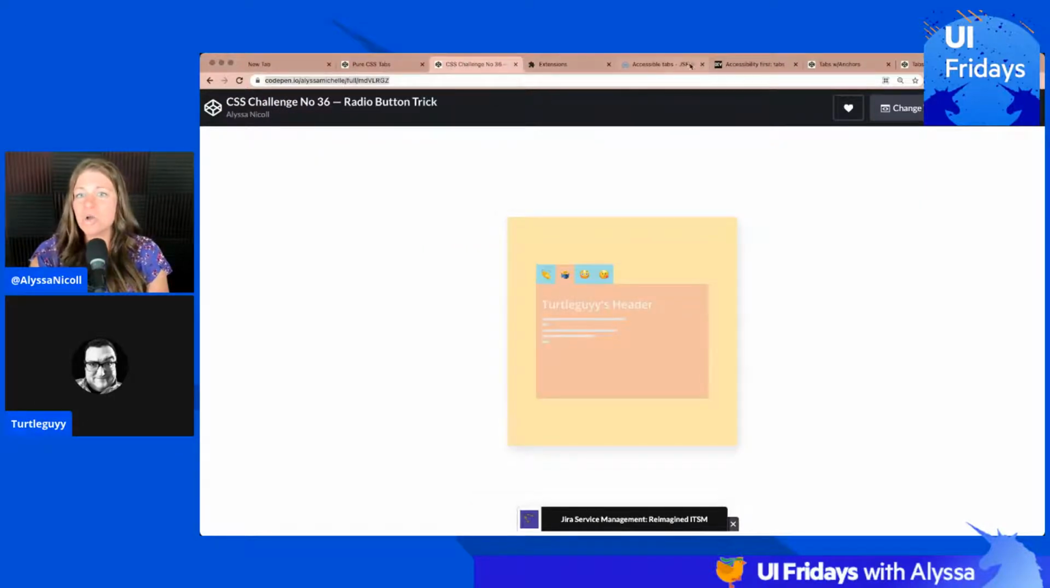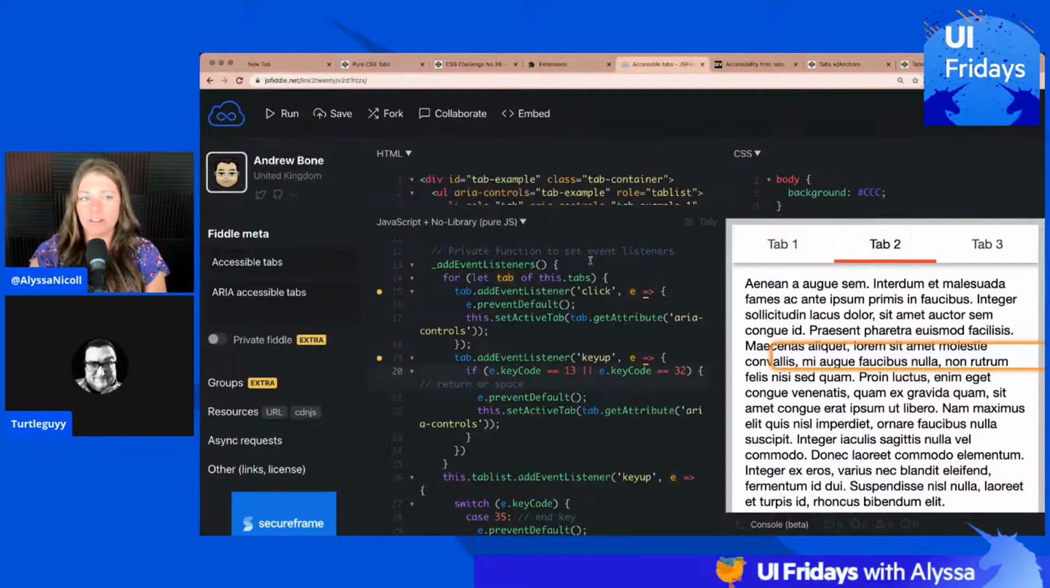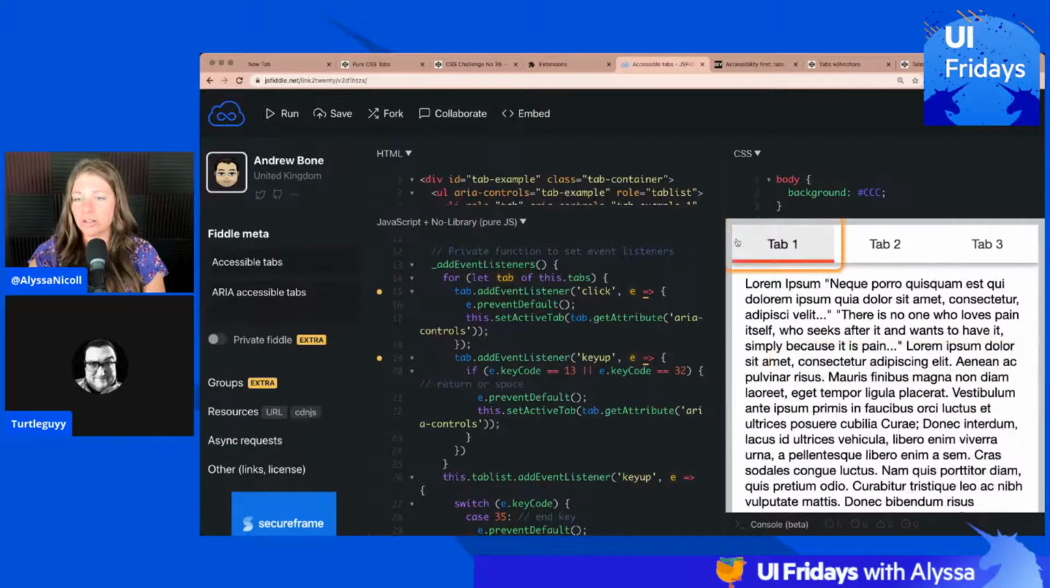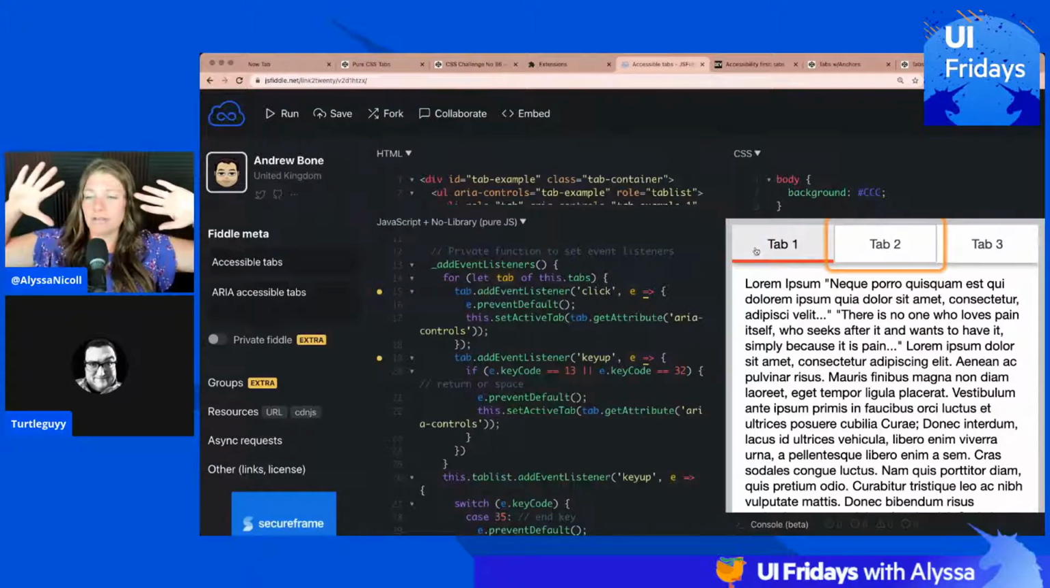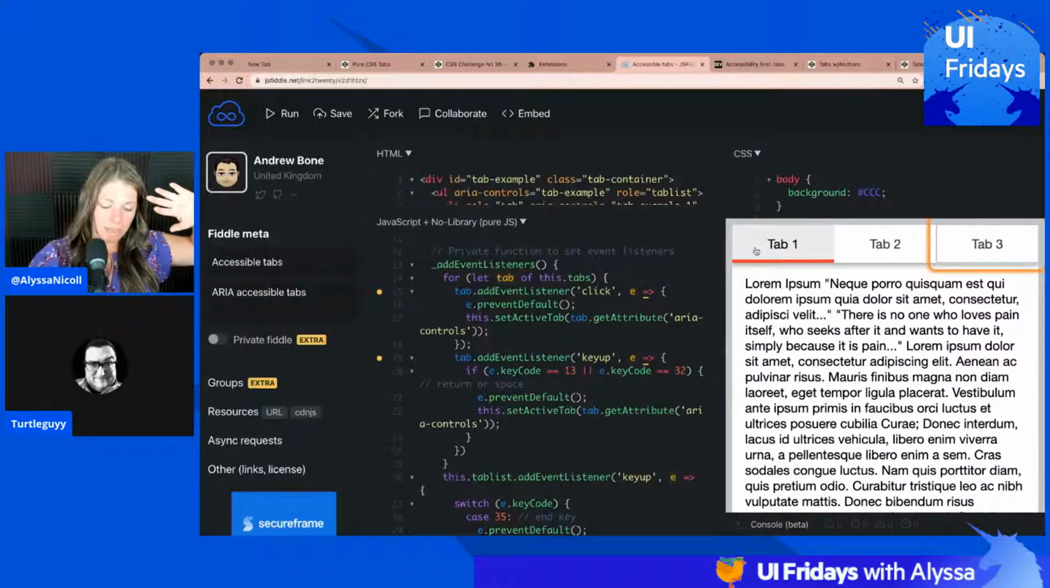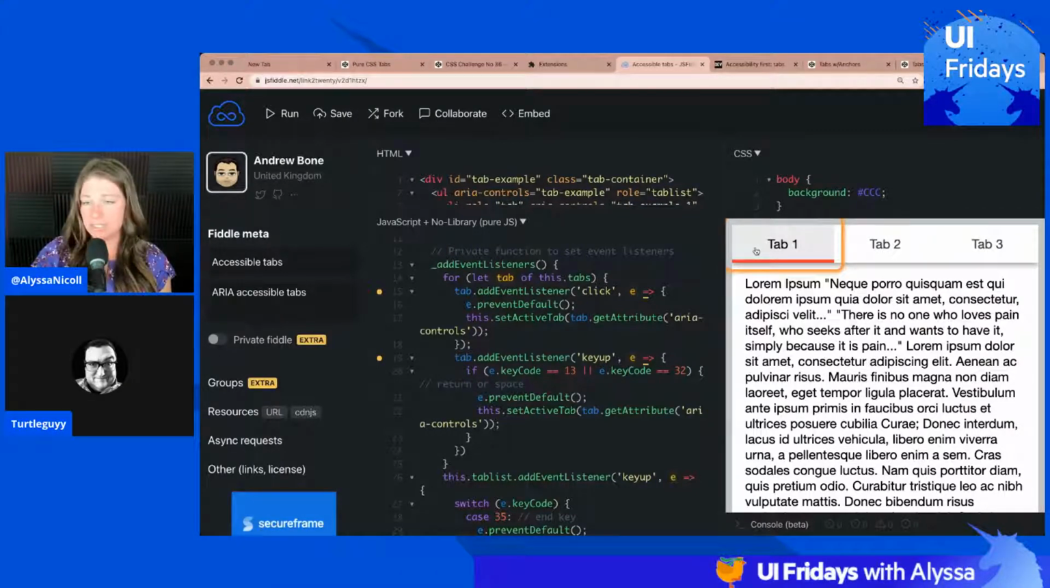Where is it? This JS Fiddle by Andrew Bone, shared it earlier in the chat. So if I tab through his, and then we went too far. If I tab through his, and then shift tab, I don't know why this is happening. ChromeVox is like manually, watch this. Tab, hands off the keys. Nothing. Are you happy? Oh, so I was trying to do shift tab